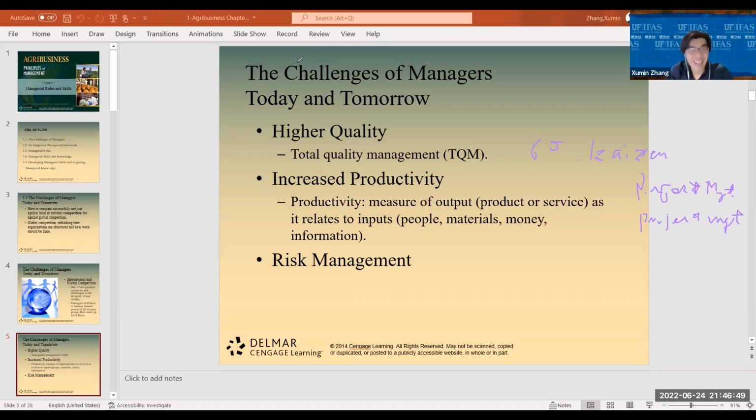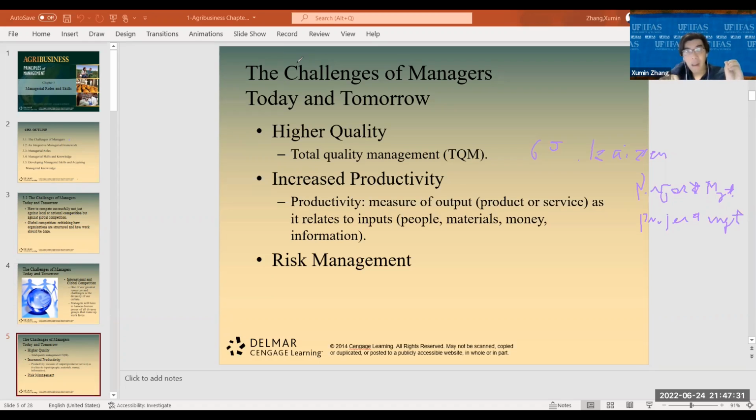You understand the gas price. I think my students know that I already warned you guys a long time ago. Call this risk, right? We did predict that. So this is the risk management. Also, we have the way to hedge or manage the risk, but you need to know how.